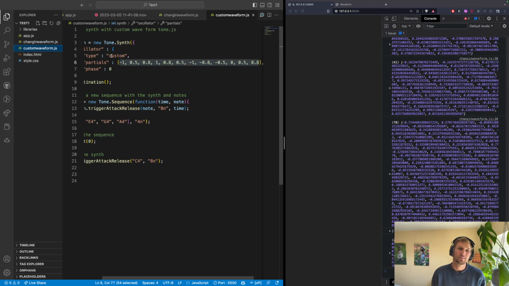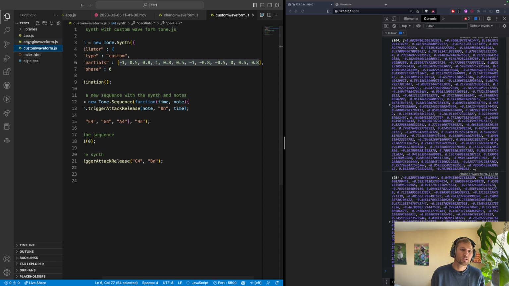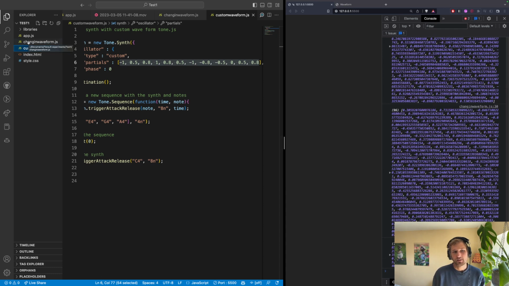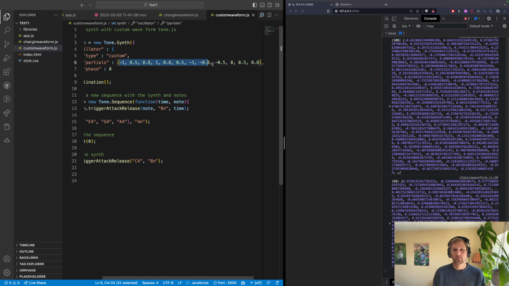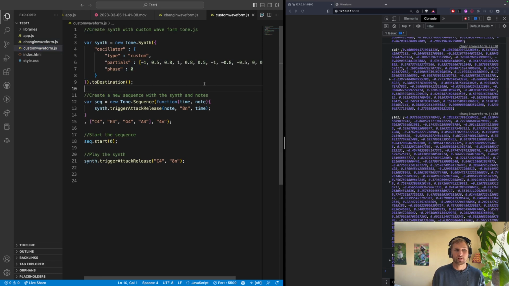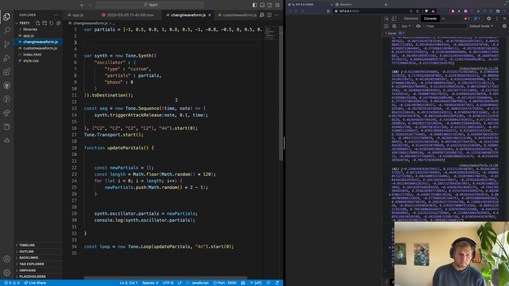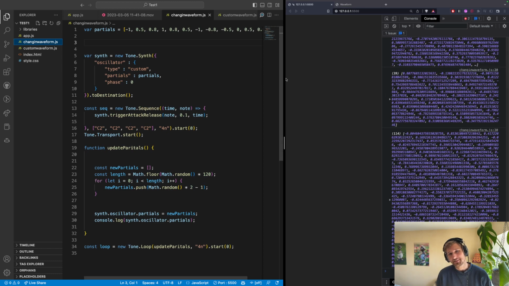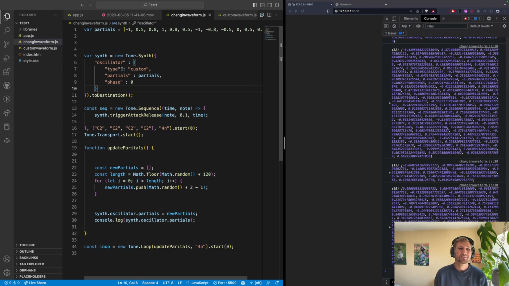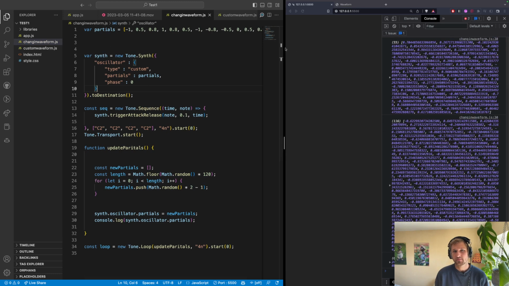First, I found out that there's this custom waveform that you can do, and after that I was like, oh, maybe I can update this array that defines what the waveform is like. Maybe I can update that randomly. So yeah, that's what I did. And so first I just declare that array,